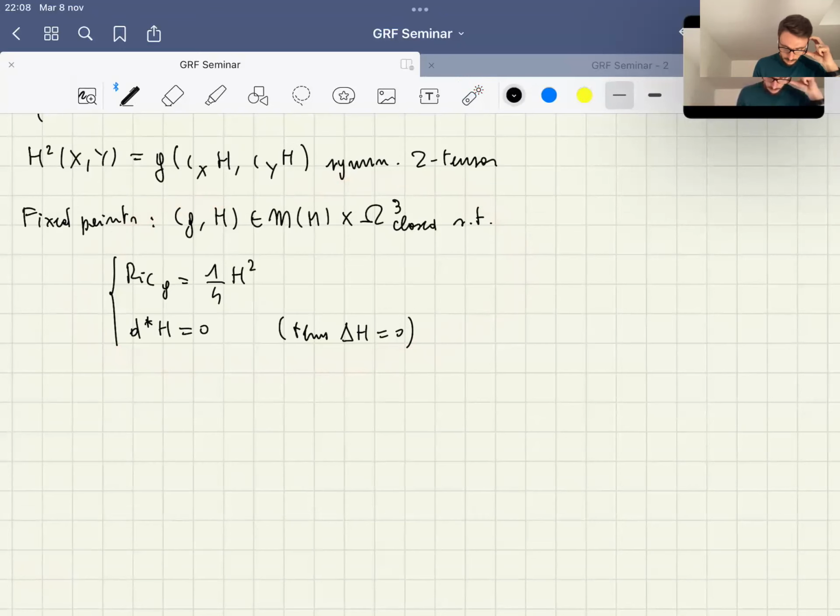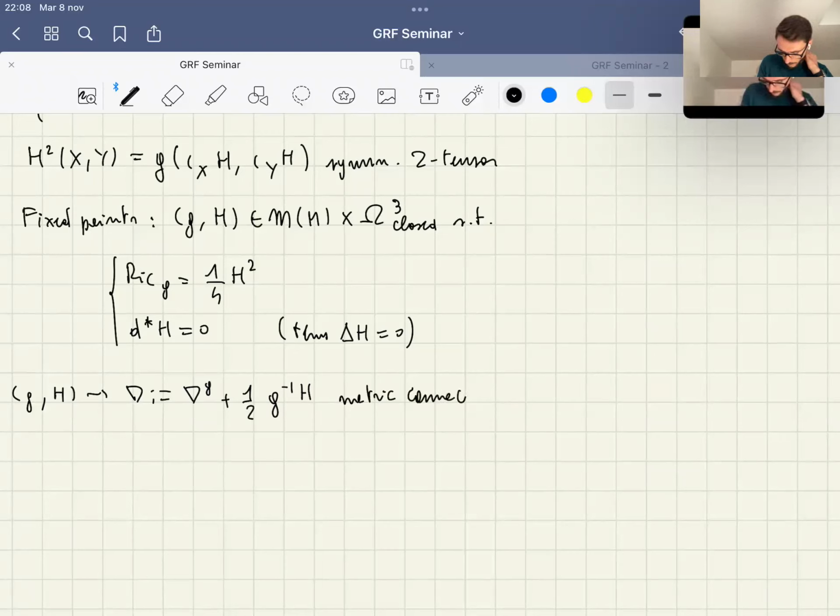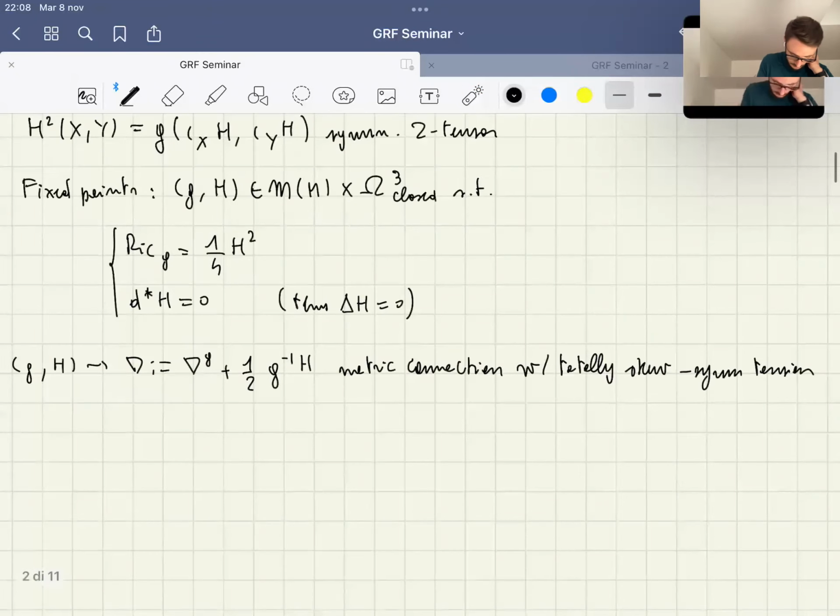Let me recall that once we have such a pair, we can define, starting from it, a connection which is metric and has totally skew-symmetric torsion, which is defined as the Levi-Civita connection of the Riemannian metric g plus 1/2 the (2,1)-tensor that one obtains by raising one index of H using the metric. So this is a metric connection with totally skew-symmetric torsion, which is given by the 3-form H. And this is what in the book by Streets and Garcia-Fernandez is called the Bismut connection